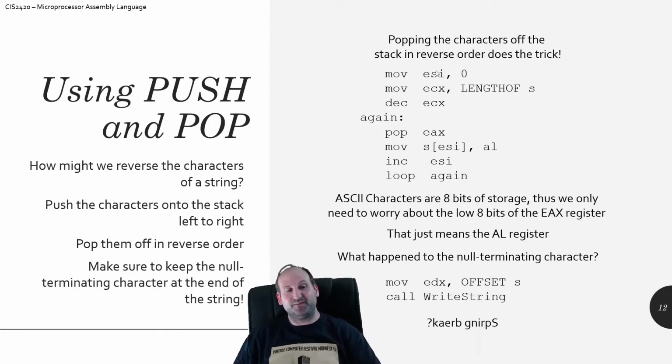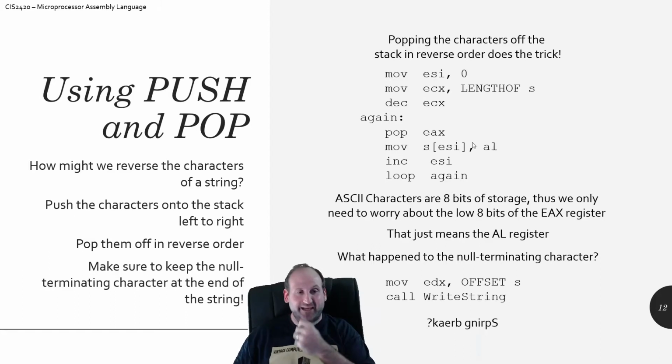So now, since it's on the stack, the first thing I do as I'm looping is to pop the EAX register. Because again, everything is 32 bits. We only care about 8 bits of it, but everything on the stack is 32 bits large. And so I pop off the stack and I place it into the EAX register. I can put it anywhere, but this makes sense. Well, not anywhere. I can't put it into ECX or ESI, or otherwise I will completely blow out and ruin my program. But EAX is fine,